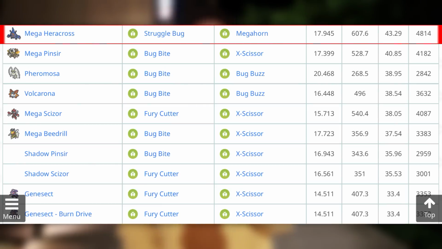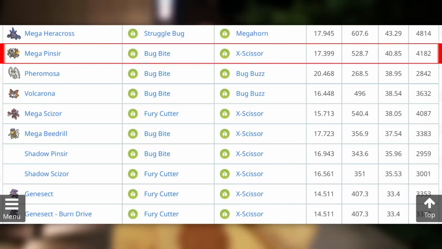So now let's move over into best of the best and see where does the Mega Pinsir sit as far as the best overall moveset in Pokemon Go. At the top, the best bug type Pokemon overall is actually Mega Heracross with Struggle Bug and Mega Horn at 43.29. Mega Pinsir is actually going to come in second spot. As of right now, the first overall strongest Pokemon in the game, Bug Bite and X Scissor at 40.85, followed